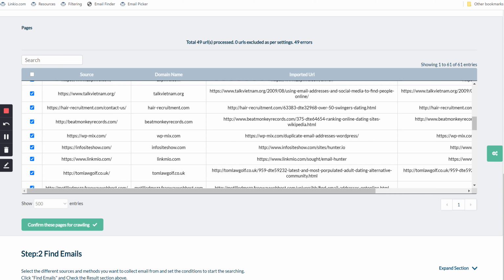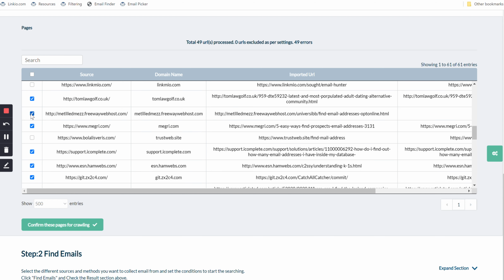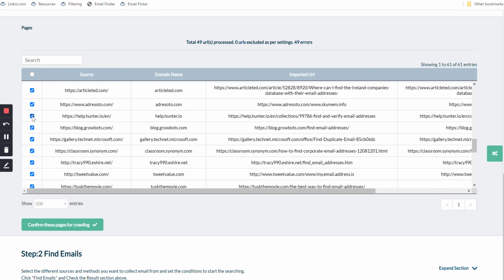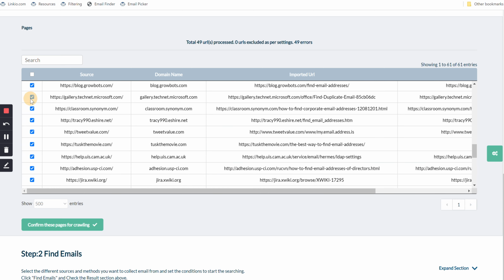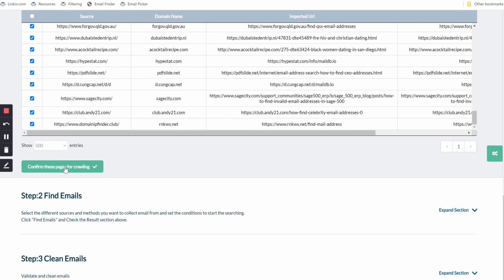And this is a nice chance to see if there's any spammy sites that shouldn't have made the cut in the first place. Now let's move forward